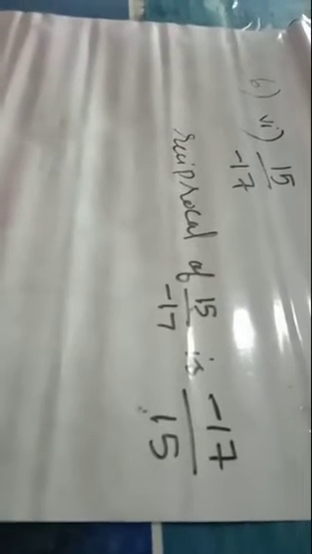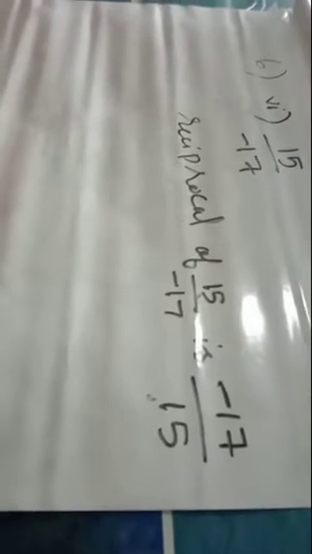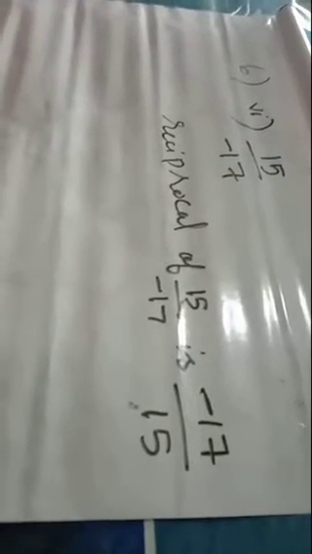Don't write 17 by 15. Minus sign, no change in sign. Whenever you write the reciprocal, there is no change in sign. This is multiplication. In addition, when we are finding the additive inverse, we are changing the sign. Here no change in sign. Additive inverse means just take the opposite sign. Multiplicative inverse means it is the reciprocal, just interchange numerator and denominator and there is no change in sign. Okay, one more question.